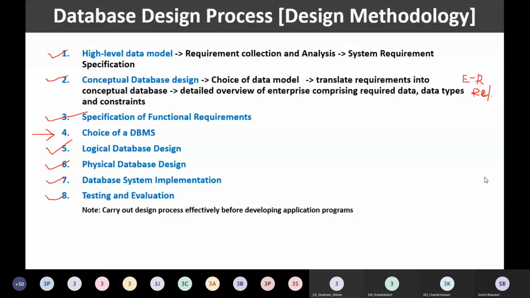Is there any doubt? Ma'am, logical database design and physical database design, there is confusion. Okay, so